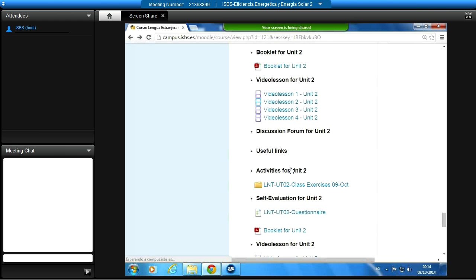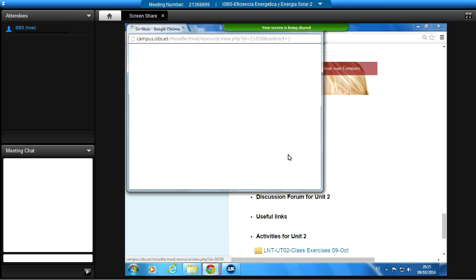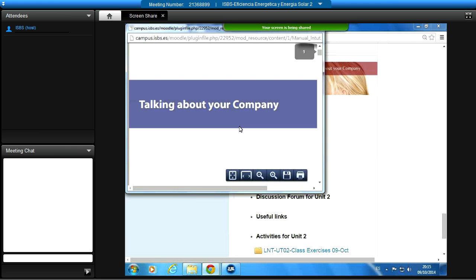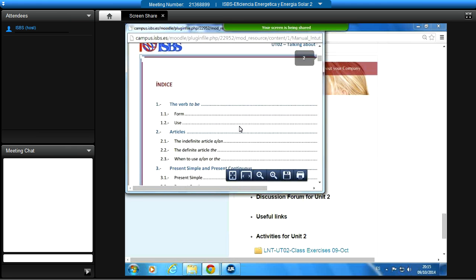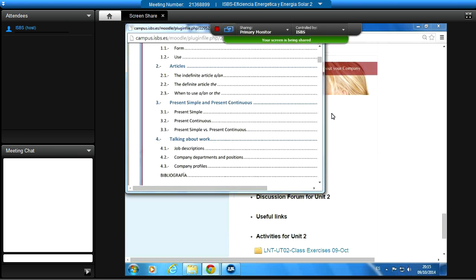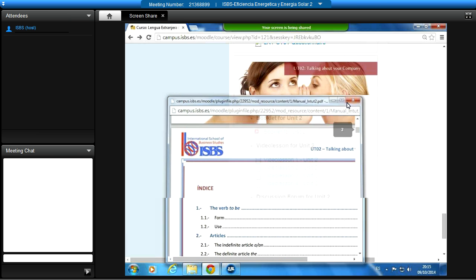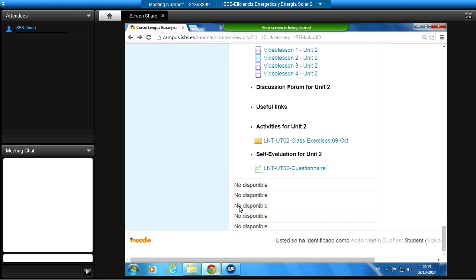But well, I'm being flexible, so you can listen to it as many times as you like. Okay, so today I've opened the second unit. If you please go to the platform, we're going to do the second unit, which has vocabulary about companies, about sectors, about different industries. So this is the booklet in PDF that you can download and read calmly at home. It has some grammar and some vocabulary. This is vocabulary and grammar that you should know.